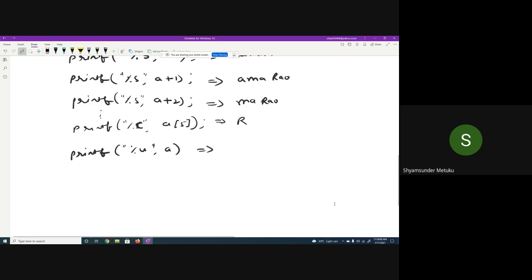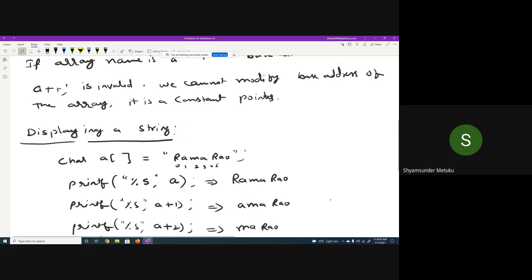Assuming that your string is something like this, memory is created: R A M A space R A O and the null character. Then this will be 1000, 1001, 1002, 1003, 1004, 1005, 1006, 1007, 1008.